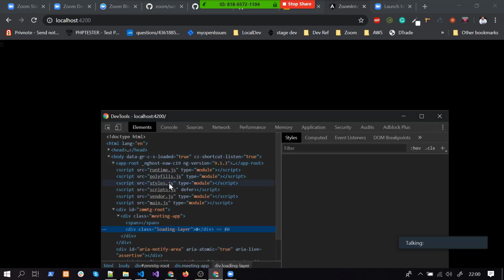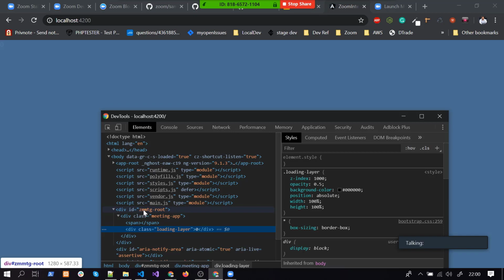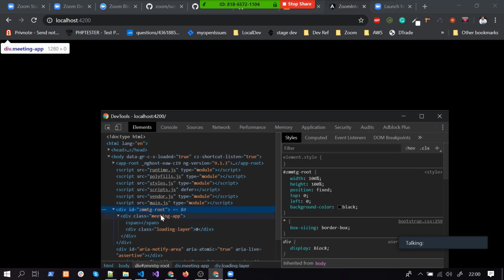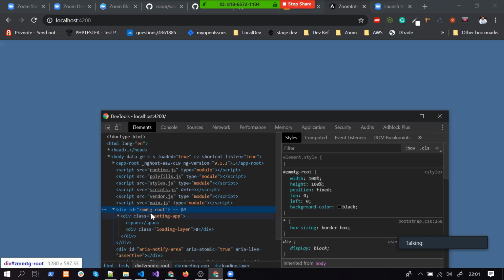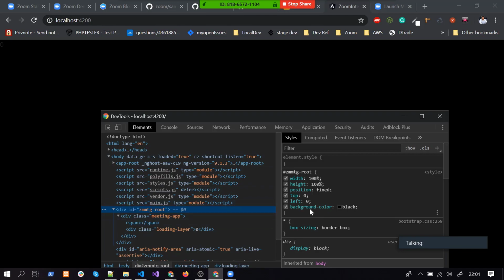In the elements you can see that we are not loading our Zoom component, but it's still injecting its Zoom component in our body main tag,